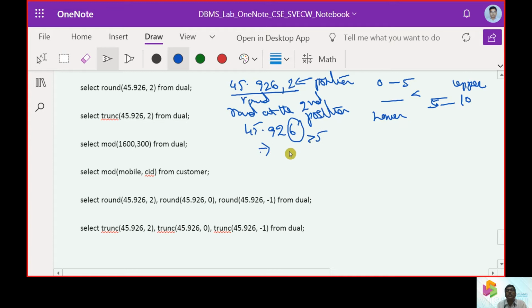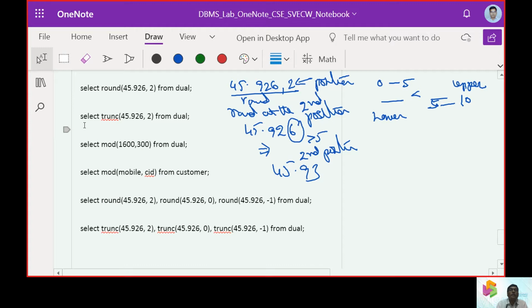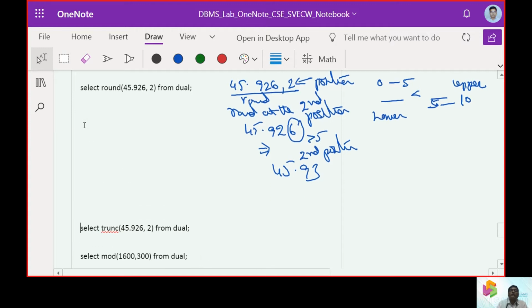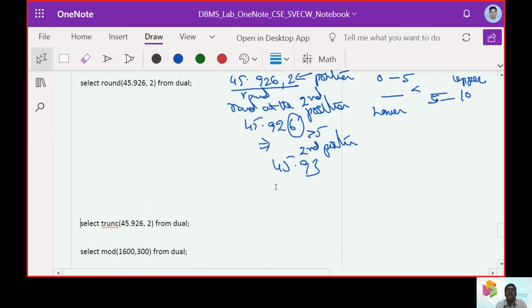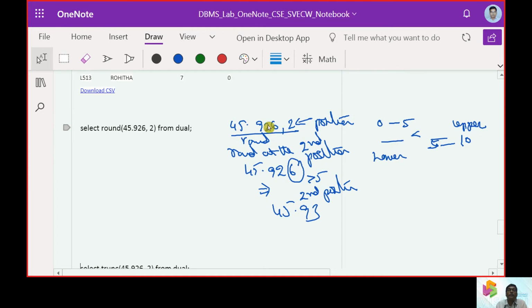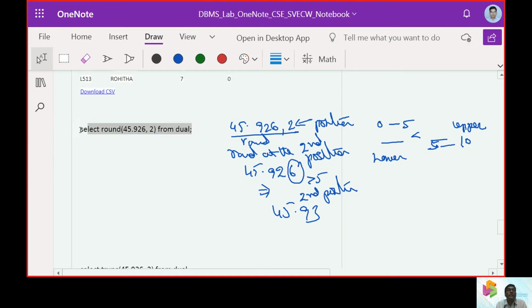So we need to move up at the second position, so we put it as 45.93. That's the reason why we are going to round the value at the second position.